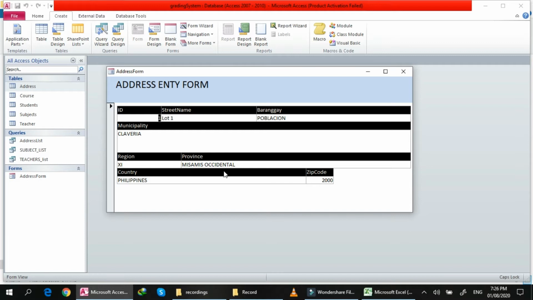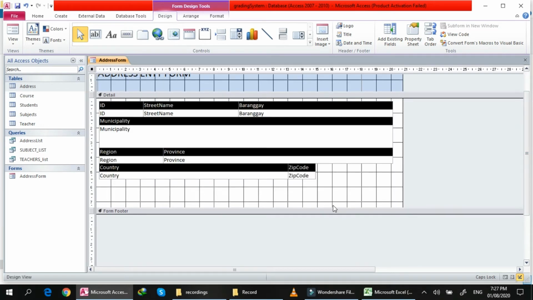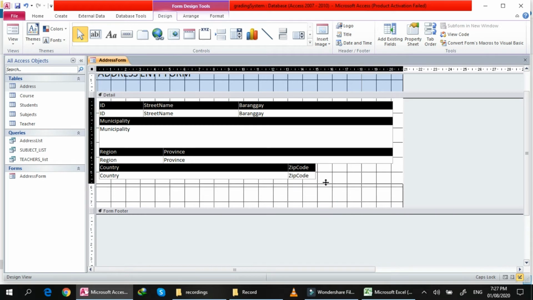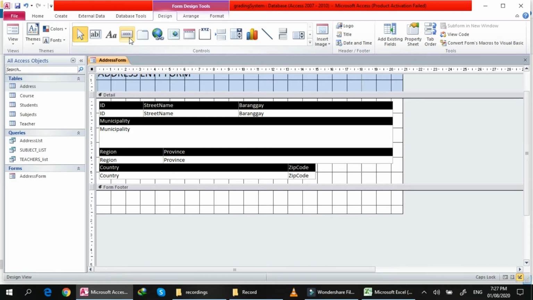So every time you enter here, we cannot go to the next record. By default, it is the first record. So when we want to add, we can just add functions to our form here. I want the functions on the form footer, so you can just drag up here. I'm going to click here the button